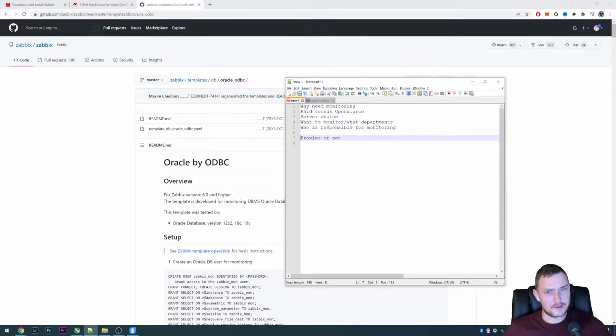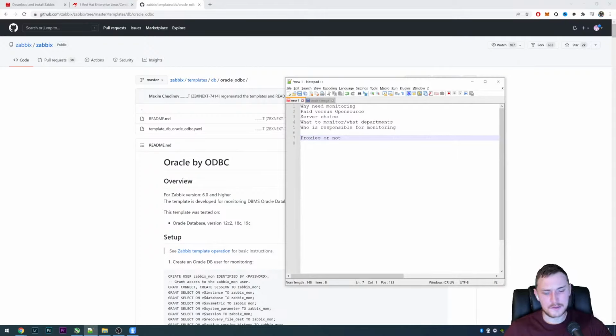But it's not always that simple. The proxy is not always meant for distributed monitoring. Yes, the main idea is to deploy the proxy in, say, New York, another proxy in Germany, another proxy in China, Japan, Riga, Latvia, whatever else. But not only that, even if you have one big headquarters, a proxy doesn't cost you anything.